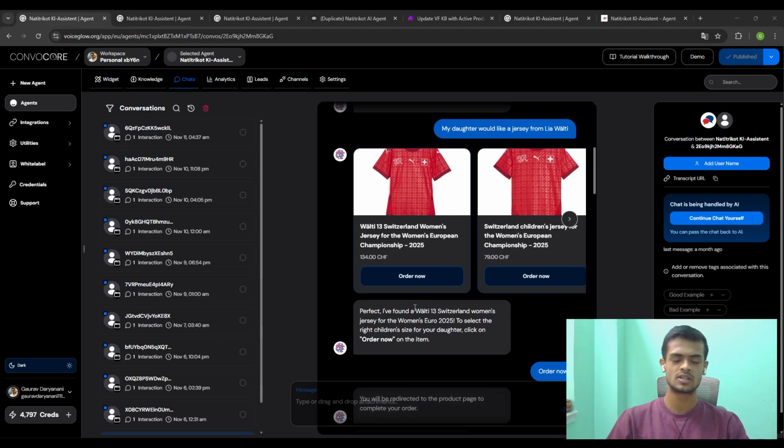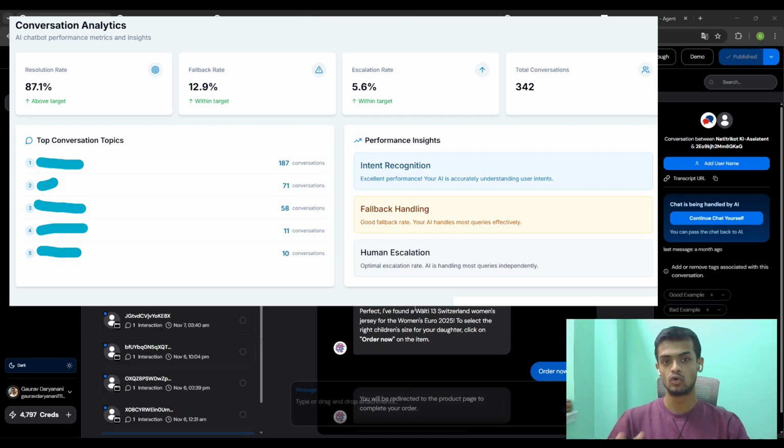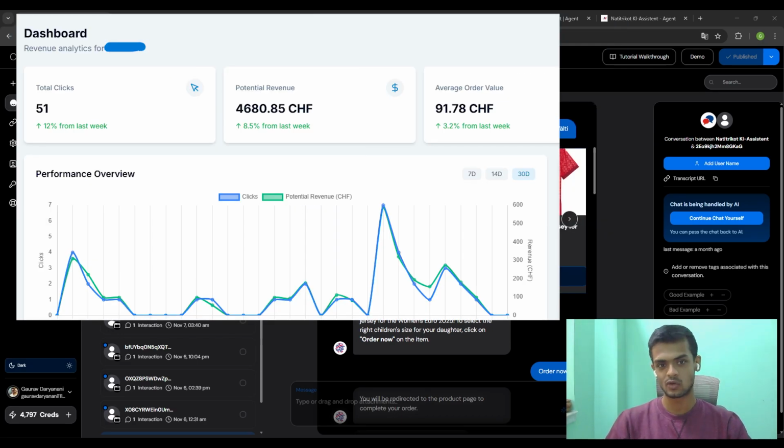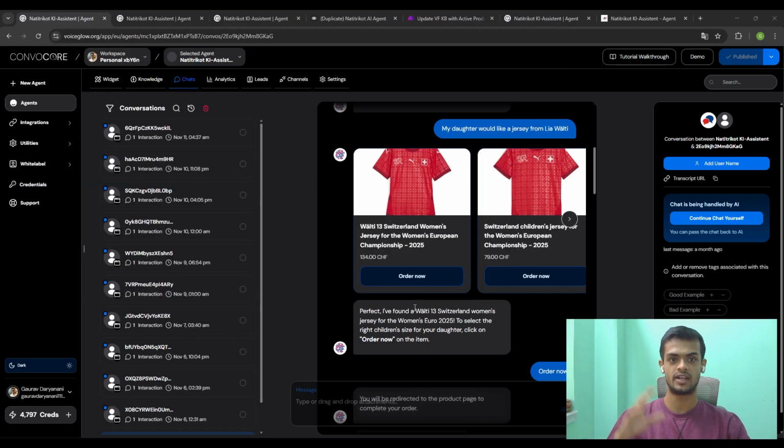some numbers. It has had about 342 conversations in 1 month and has driven 51 clicks, which as a result brought in extra 5k revenue. And it is far above the click-through rates of e-commerce stores, which is like 2 to 5%, and the chat agent has 14%. So let's go over the VoiceFlow build, and I'll show you the workflows and where all